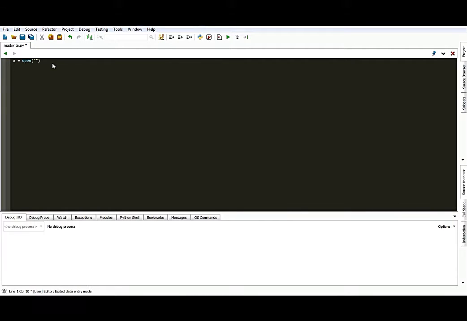So let's just say what file I want to create. So I want to create g1.txt. Remember, I don't have any file in the location where I have saved my Python script. Then we do a colon, and then between quotes we type in what we want to do,